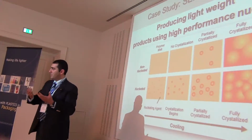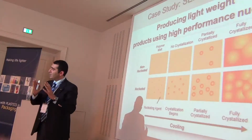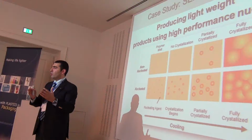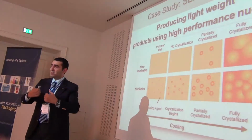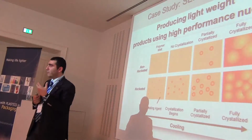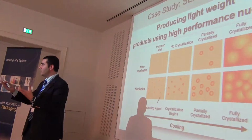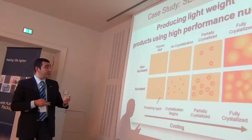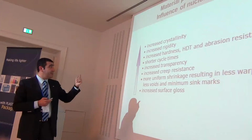We can buy the material, if you can do it, some part of it, and we can lead other competitors, other colleagues in the industry to use it. So we called Milliken, which makes this product, and we made them join together. And they formed the product, which used the highest kind of additive that they have. And the product is now commercial, and what it gave us is that we increased the crystallinity,